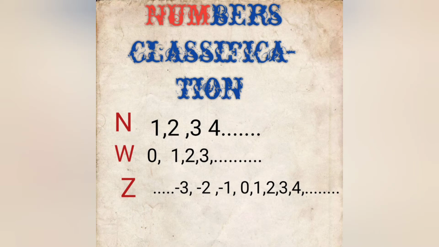One is natural numbers. In the natural number set we will get 1, 2, 3, 4, 5, 6, 7 up to infinity, and in whole numbers we will get all natural numbers along with an extra 0. In whole numbers we get 0, 1, 2, 3 up to infinity. And the third one is integers, which is denoted with Z. In these integers, all negative numbers, I mean minus numbers, along with whole numbers will be present.